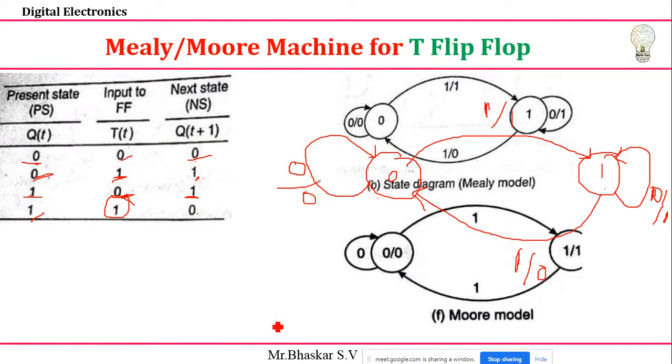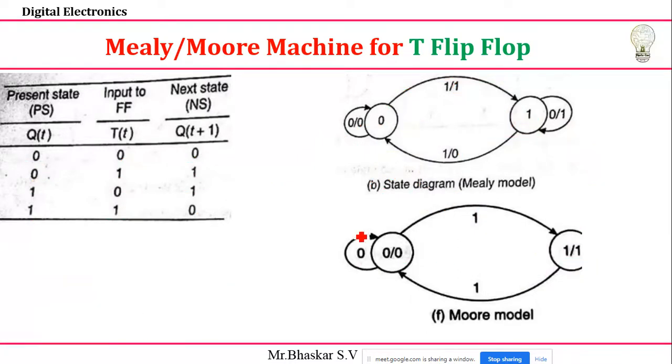Outputs are represented inside your circle. See that this 0 will come to here only. This 1, because direction, carefully you see that it is moving from here to here. This is the arrow mark coming to here. This output will come to here only. Next 1 is there. Yes, this 1 comes to here only. That's why it is 1 bar 1. And here the arrow mark is coming to here, right? What is the 0 there? This output only will come usually. So that's why it is 0 bar 0 here, 1 bar 1 here. This is a Moore model representation of your T flip-flop. Is it clear about this one? Mealy as well as Moore model of a T flip-flop.